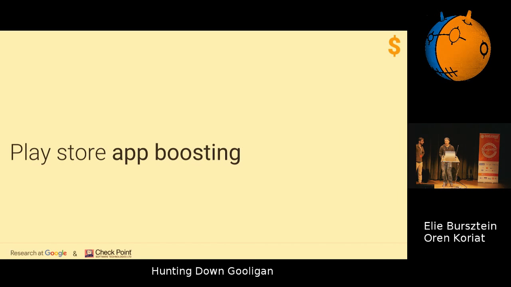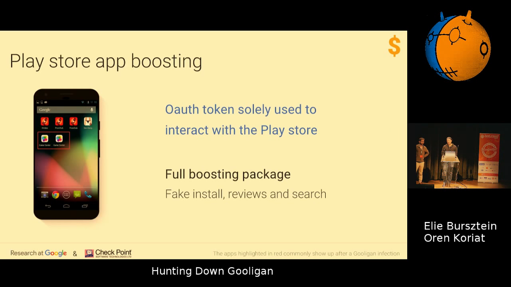So for the Play Store app boosting, this is the one we understand the best because we had the most telemetry around it. They basically take the old token, and the reason why they wanted to use them was to interact with the Play Store. On your Android phone, when you request an app install, we don't have your credential on your phone. We have this long-term token, and we exchange it, and we basically go into the App Store. When you click on the Play Store, you click install, and then basically download the app and do this through authentications.